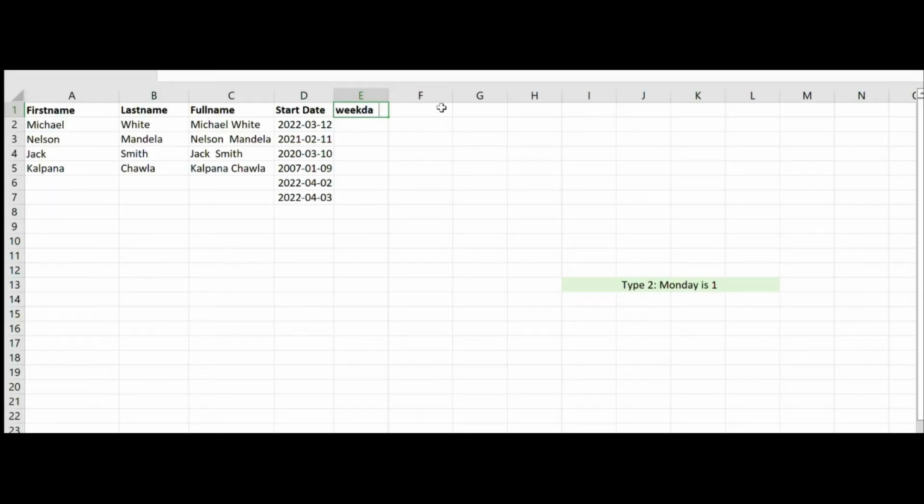Okay, let's try to figure out which are the weekend days here from the dates. Let's try to find the weekday first. So using the weekday method, with the date from the D2 cell and type as 2, we get the corresponding weekdays. Now we are going to make use of the IF and OR method here to figure out